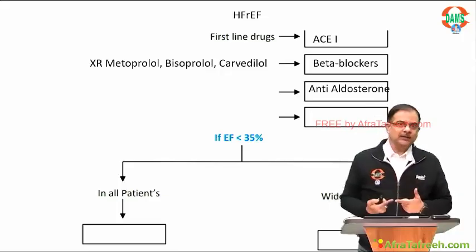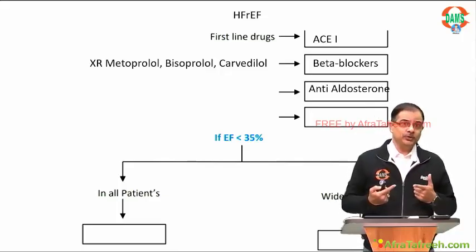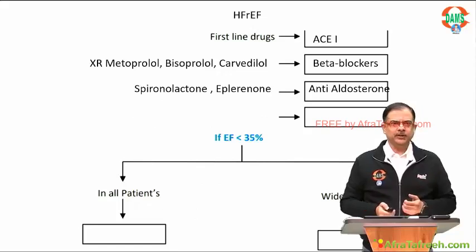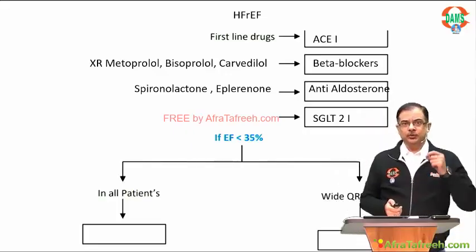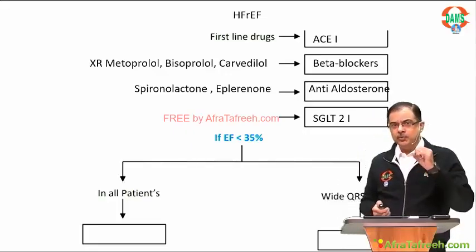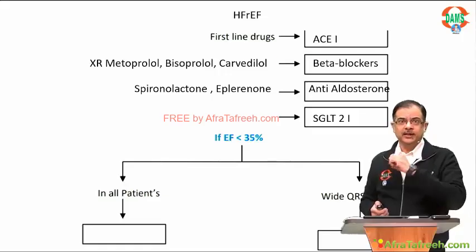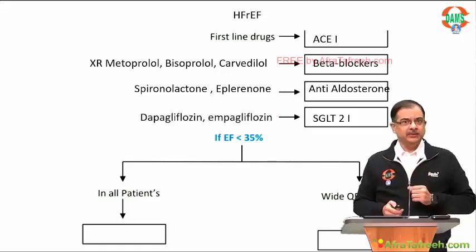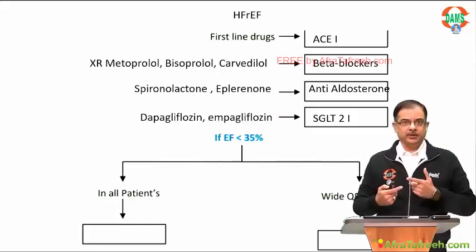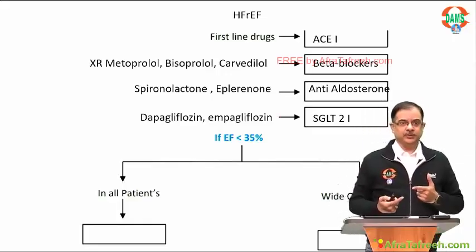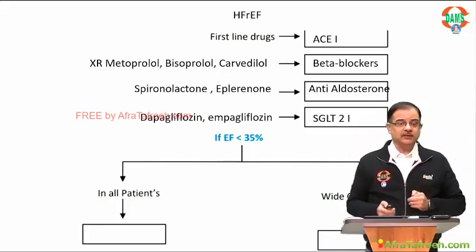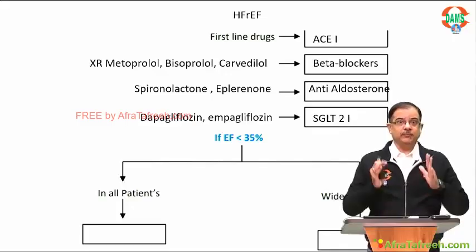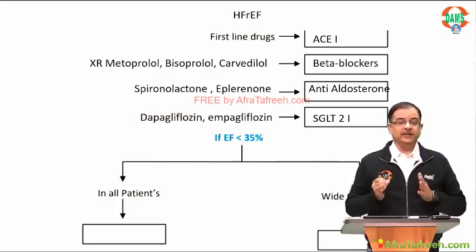While aldosterone levels are high, give anti-aldosterone medications here; you can use any of these agents. Then SGLT2 inhibitors, sodium glucose cotransporter 2 inhibitors, will be given, and they can be given even without diabetes. Remember, the original role of these agents is in diabetes, but even without diabetes they can be given. So these are the 4 agents given for the management of heart failure with reduced ejection fraction.